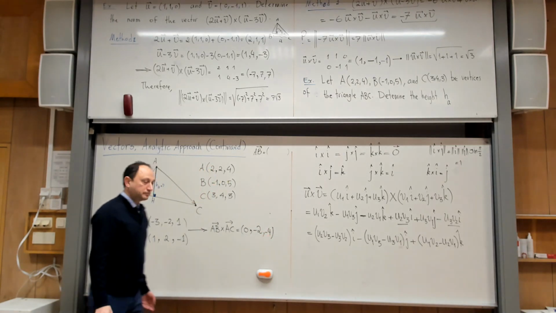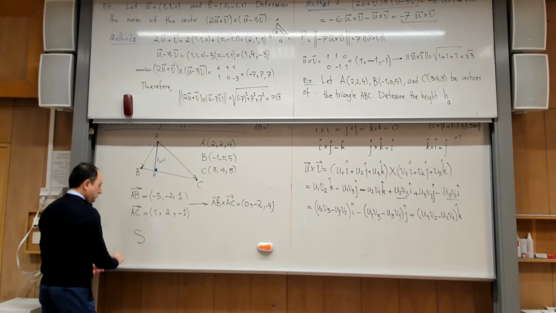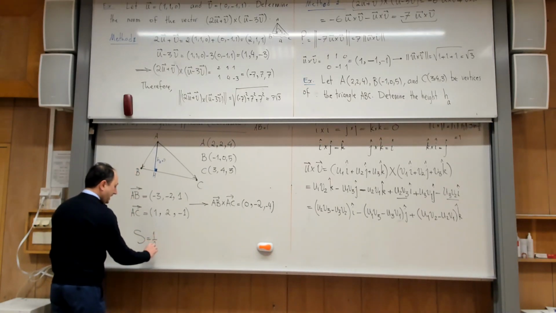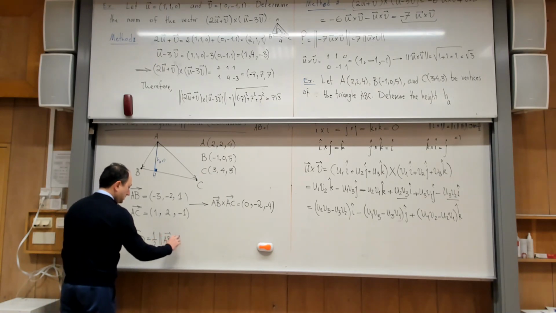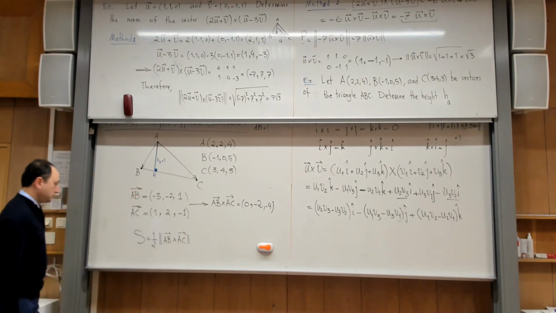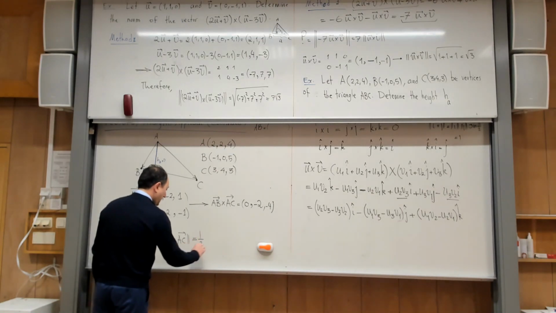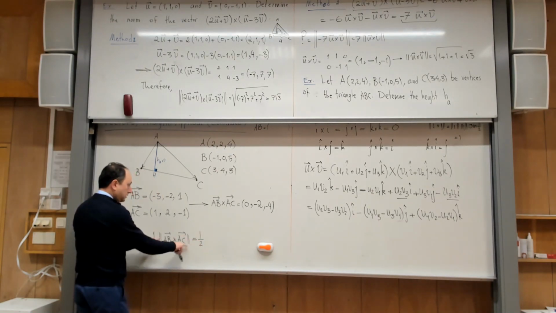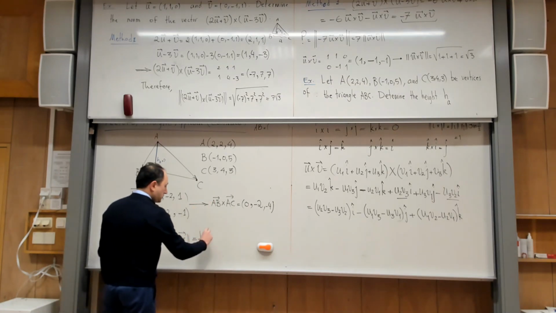Yes? And then if you remember the previous lessons, the area, which we denote by S, is 1/2 the norm of this vector. This is not a new lesson, that was the previous lesson. We had it before, and we also proved that. So this means that this becomes 1/2. If I want to calculate the norm of vector, I need to have the components. I have it, so it becomes the square root of